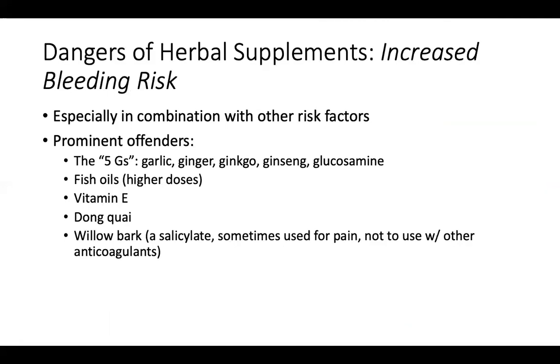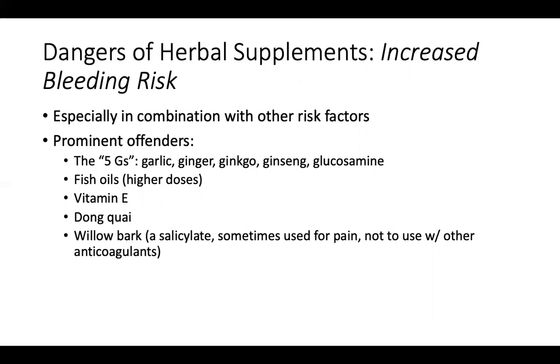So dangers of herbal supplements. Increased bleeding risk, especially in combination with other risk factors. The prominent offenders I have listed here would be the 5 Gs. And so we have garlic, ginger, ginkgo, ginseng, and glucosamine. And I wanted to mention, when you think about the 5 Gs in terms of how they affect warfarin too,